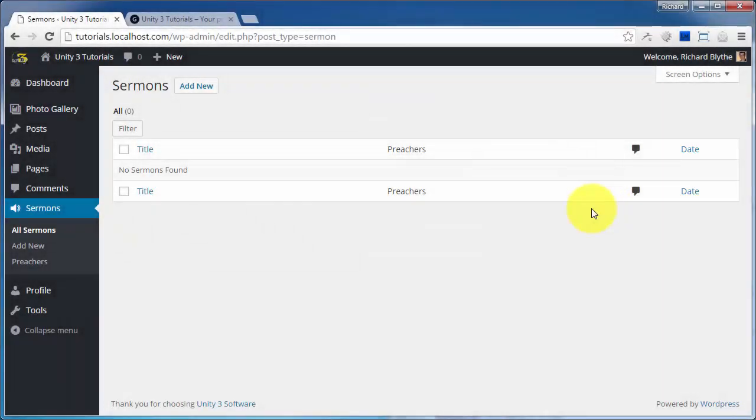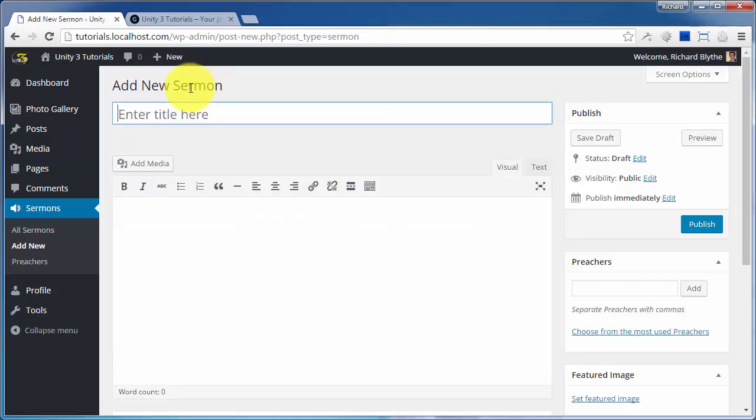Okay, why don't we go ahead and add a new sermon. So I'll click the Add New button. And let's give this sermon a title. I'll put that'll work. Okay, and if you've watched our previous videos about adding images, then you should recognize the Add Media